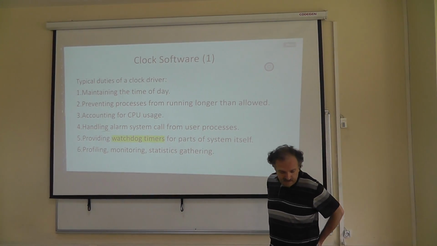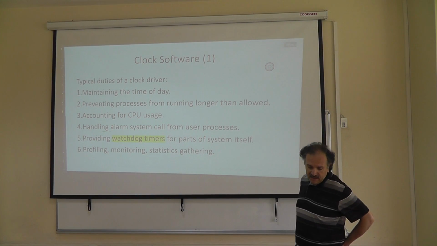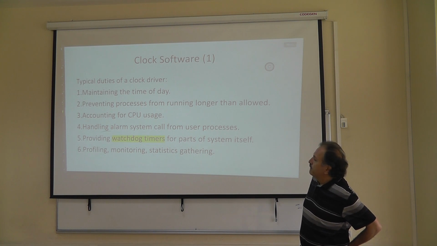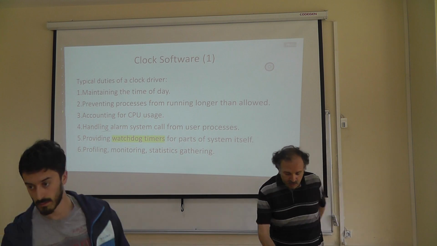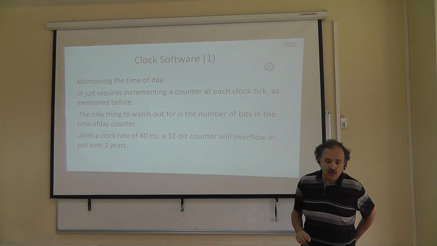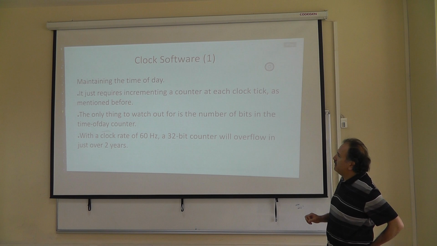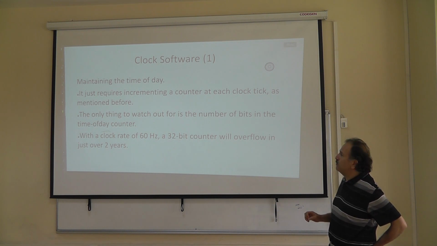So there are at least 6 things that clock software does. Let's look at them one by one. Maintaining the time of the day. So to keep the time of the day, the operating system uses some